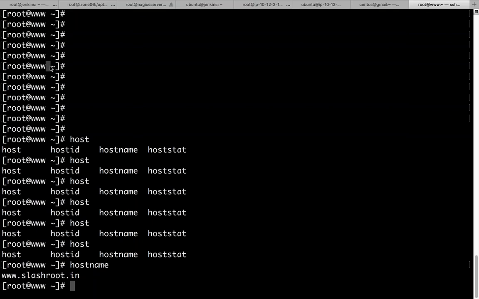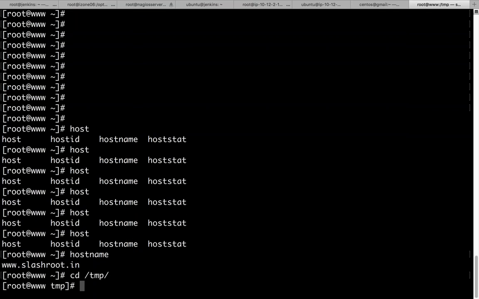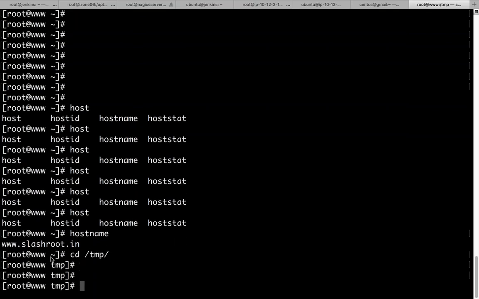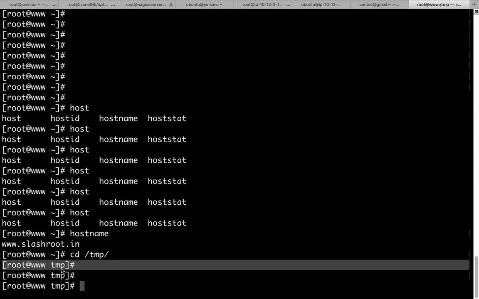I am firing a command which you do not need to be worried about, using which I will be traveling to some other location, which is going and accessing some other folder, so that we can learn the concept that we theoretically understood just now. So what I'm going to do is get inside some other location. Now you see that root at the rate www tilde was shown earlier. Now instead of tilde, it is showing tmp.